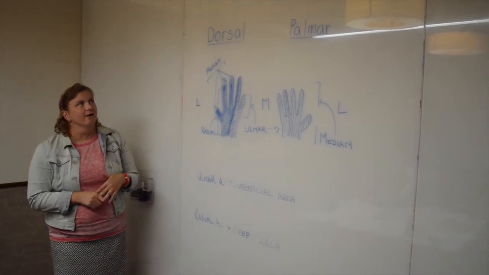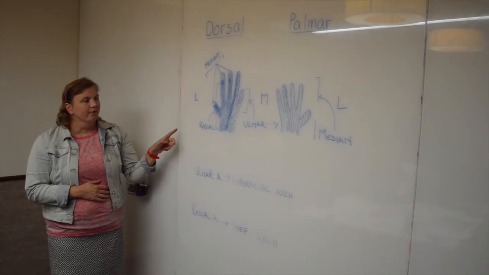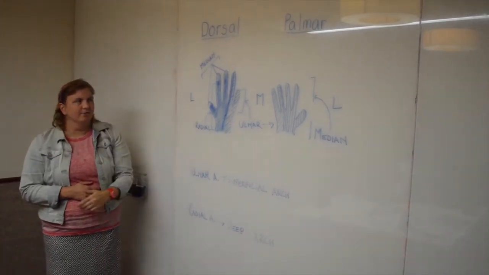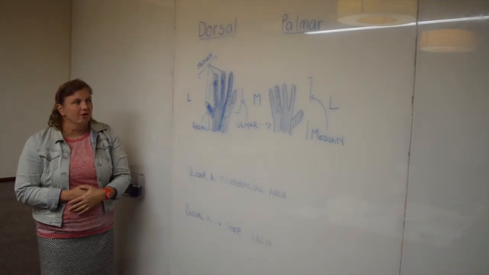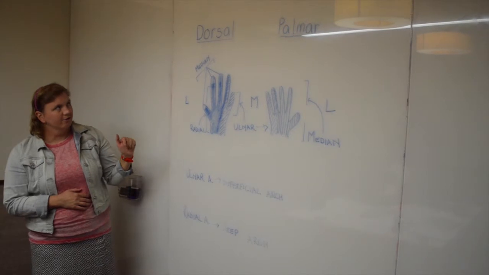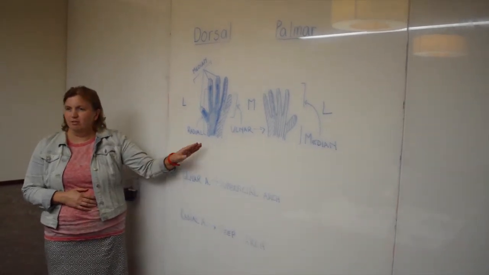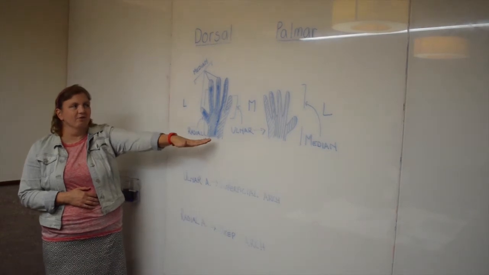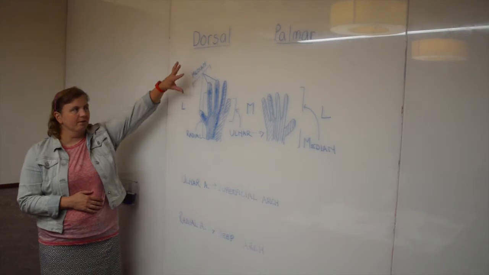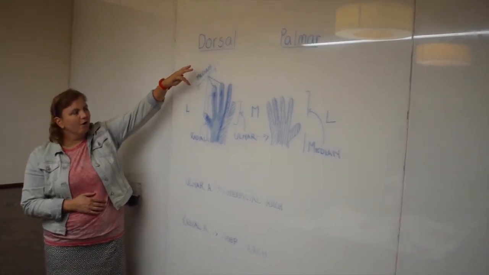From our diagram, we can see from the dorsal perspective of the hand, on the lateral side, the radial nerve supplies the 2/3 of the hand on the lateral side of the dorsal. The ulnar nerve supplies the last 1/3 digits on the medial side, and the median nerve supplies the top 2/3